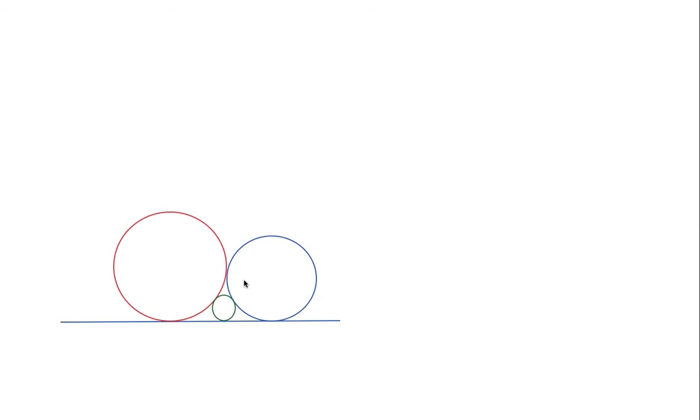So the red circle touches the other two, green here and the one here. The blue one touches the other two, the red here and the green here, and the small green circle touches the other two. Green touches the red here and touches the blue here, and all three circles sit on a tangent. So what we're trying to do is find an equation that gives a relationship between all three of these